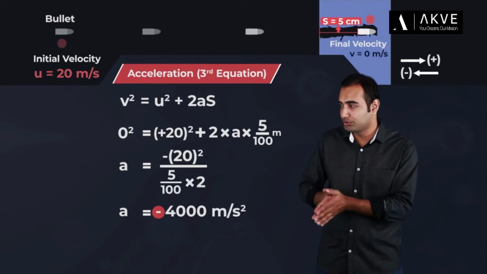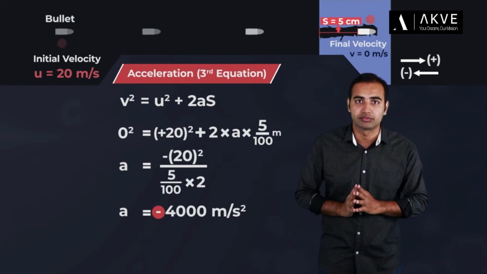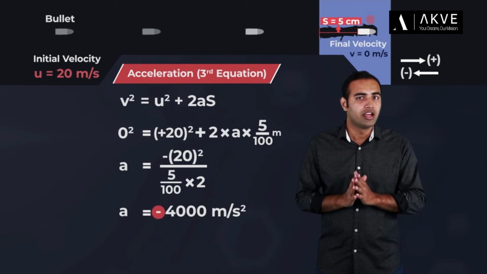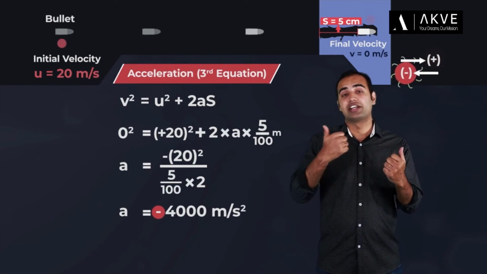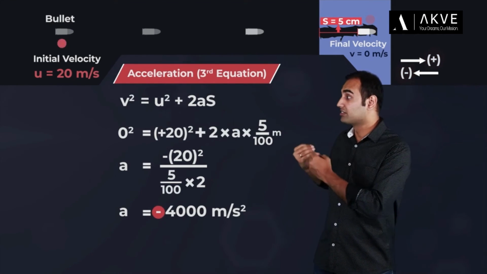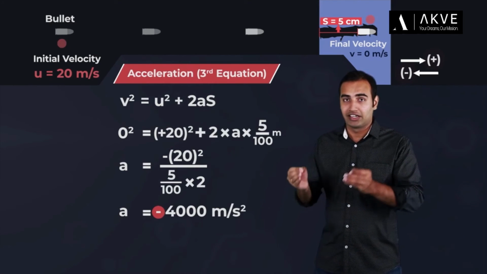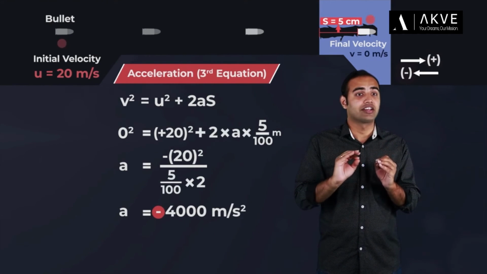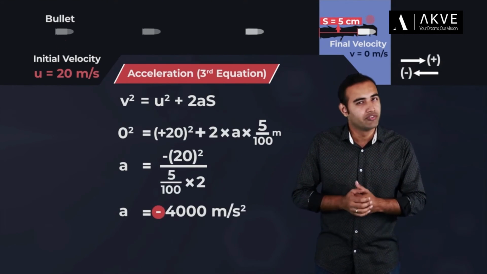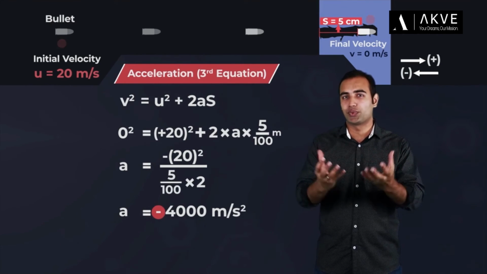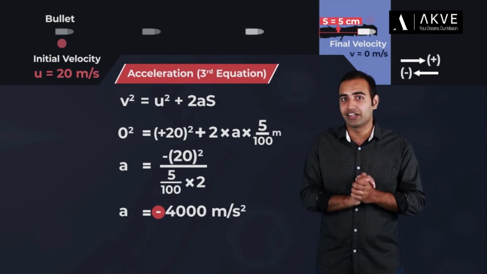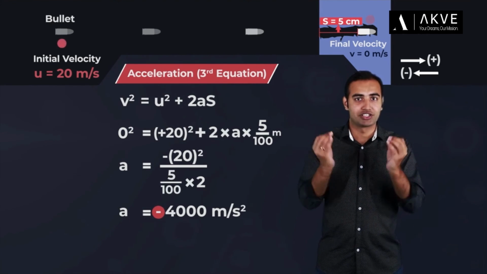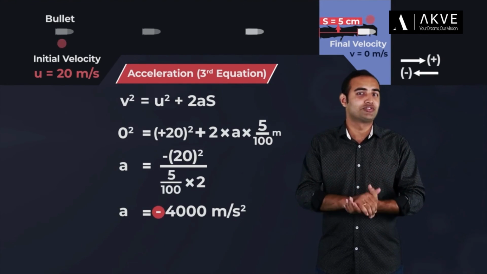Now pay attention to the negative sign on the acceleration. How do you interpret it? Well, according to our sign convention, right side direction was positive and left side was negative. So this result tells us that acceleration was actually acting towards the left direction, which is what we expected in the beginning as well, right? Yes. So the final magnitude of acceleration that we get is 4000 meters per second square, which the problem asked us to find. And with that, guys, it's a wrap.